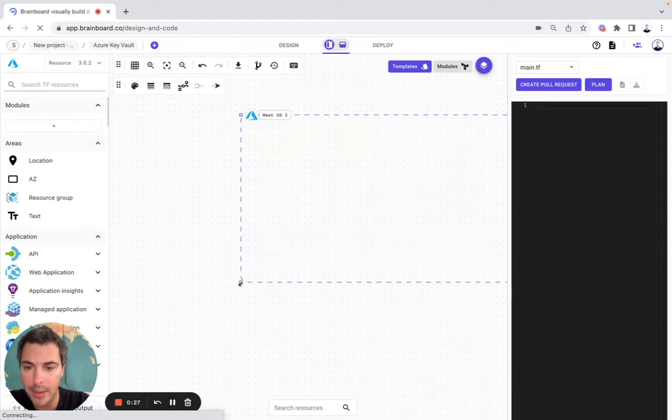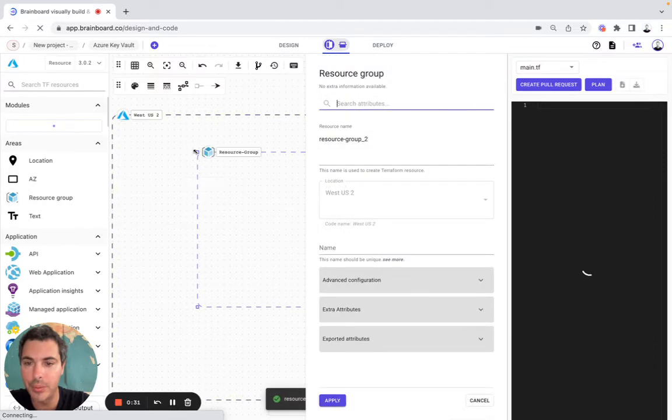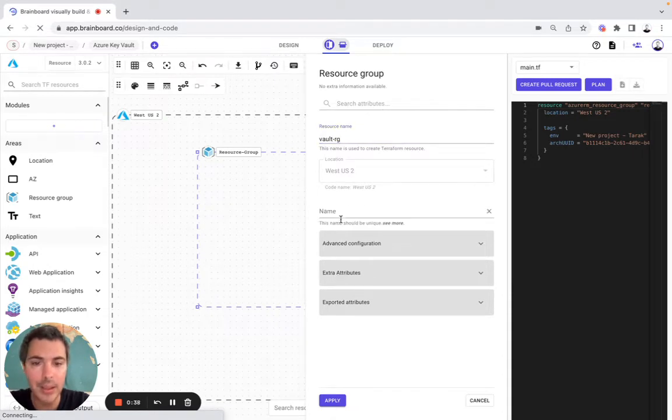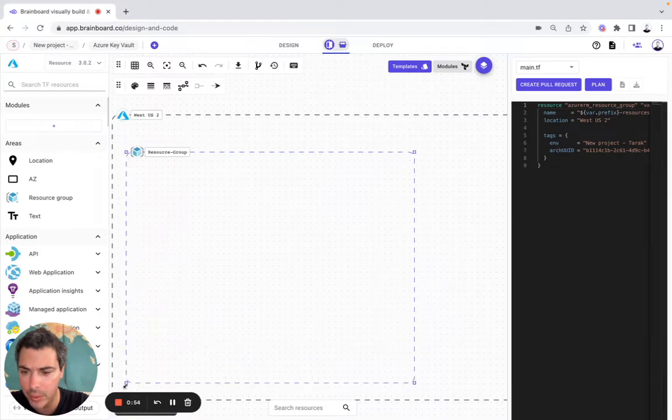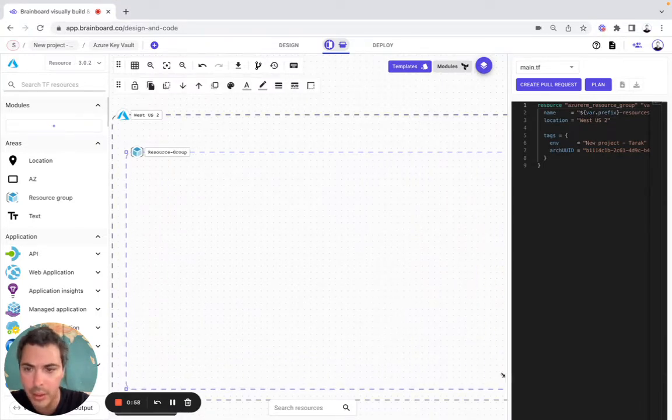I will make this location bigger to now include a resource group. In the resource group, I'm going to modify the resource name and the name itself. As you can see, because I've already included the resource group in my location, I already have the location pre-filled. So now I'm going to make the resource group bigger